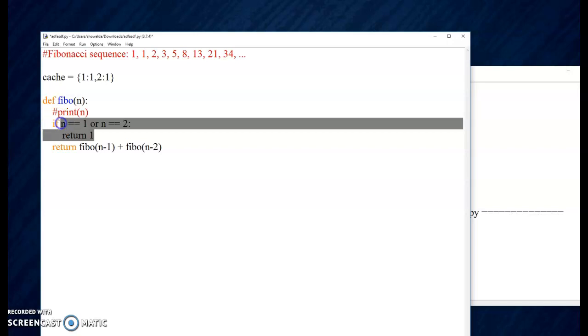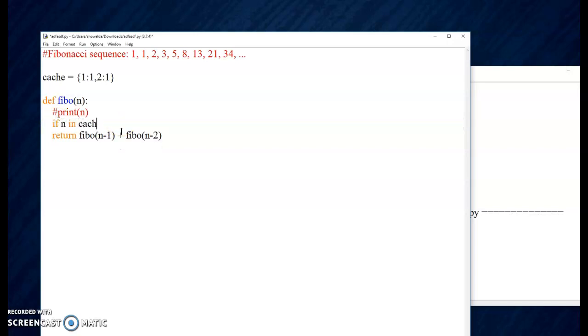So we can say something like, if n in cache. So basically, if we've already calculated it, whether it's Fibo 5 or Fibo 20, whatever it is, let's go inside the dictionary and find the value that's associated with that particular number. So Fibo 5, cache of 5 would just be 5. Cache of 6 would be 8. Cache of 7 would be 13, and so on. If it's not in cache, then